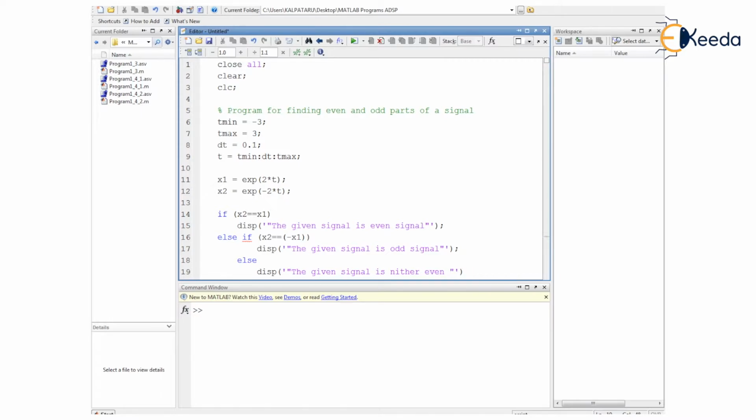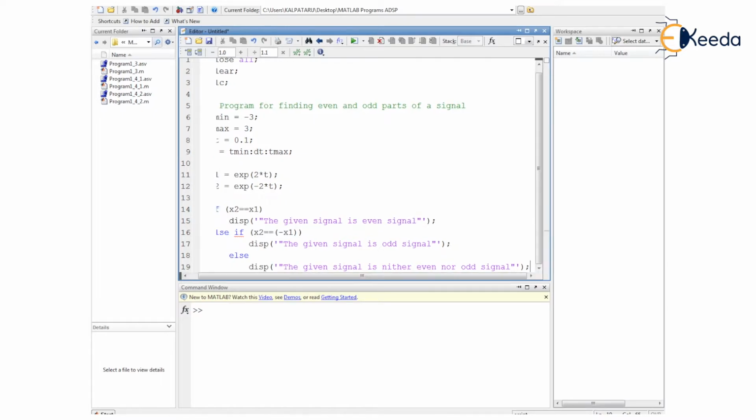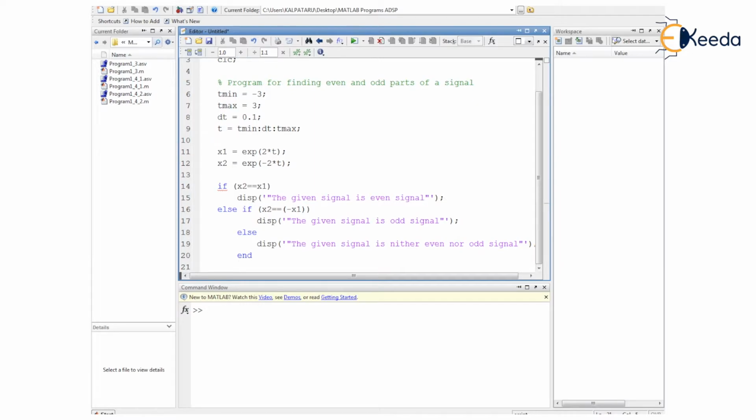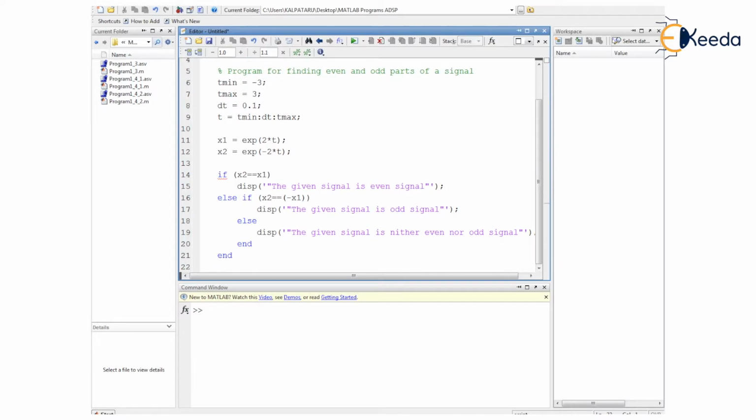Instead of writing or, as we are using neither, it should be neither nor. So the given signal is neither even nor odd signal. This is the message it will print onto the command window. Just ending this particular syntax with the help of the semicolon and getting the if else structure ended here, I just mention the end keyword, so it will end this, again end. Whatever the number of conditions you have, that many number of times you have to write the end keyword.